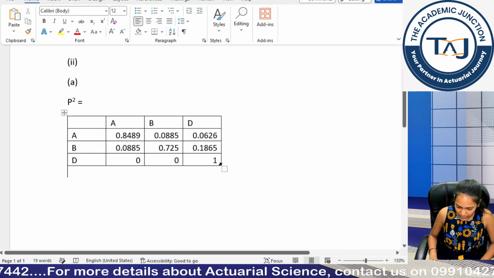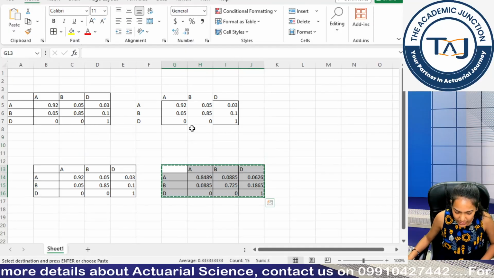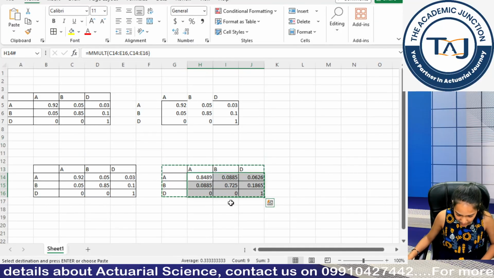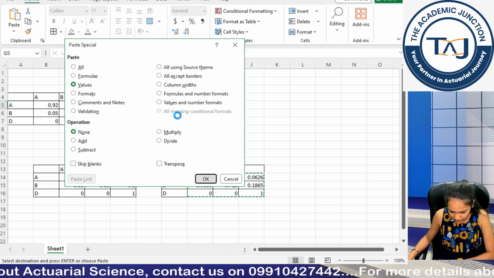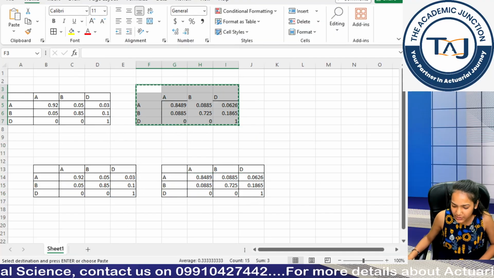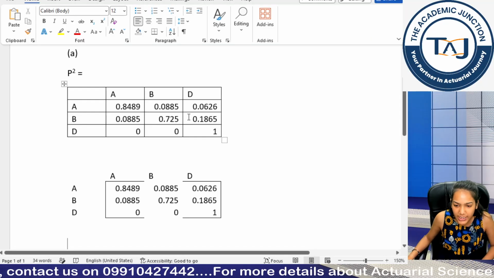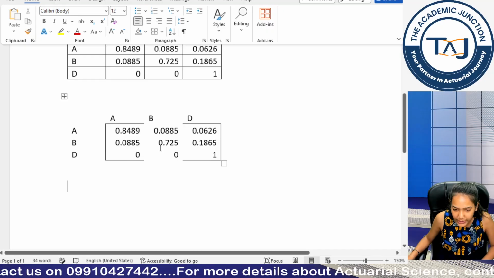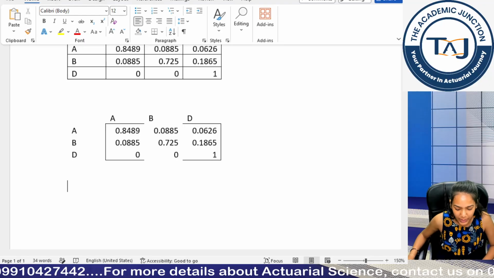Now coming to the second way, I could have pasted the whole thing with this formatting only. Okay, this whole formatting is also equally acceptable because it looks a lot more presentable, but again it is conditional that you are able to type this quickly. Okay, otherwise don't indulge in so much formatting.